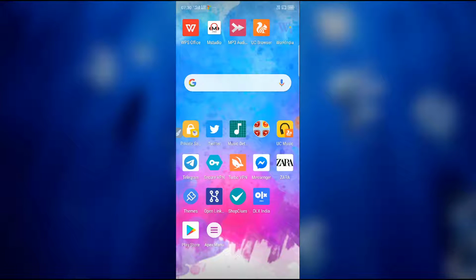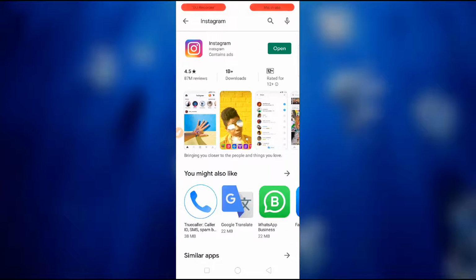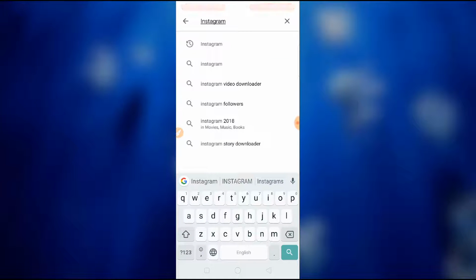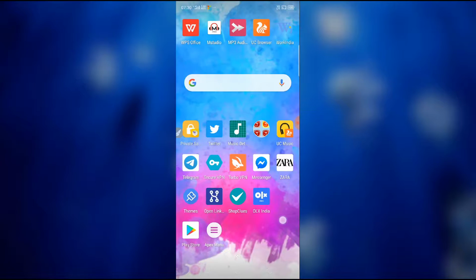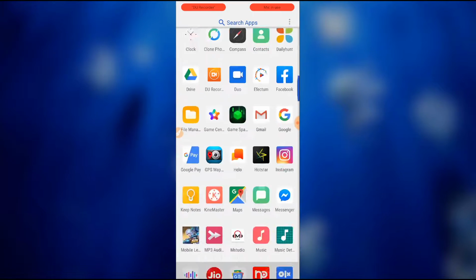go to your Google Play Store and search for Instagram. Now you have to see whether Instagram is asking for an update or not. If it is asking for an update, you have to update your Instagram. And after updating Instagram, go to your phone settings,